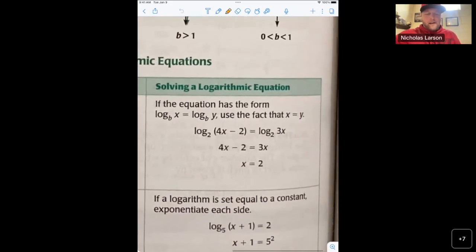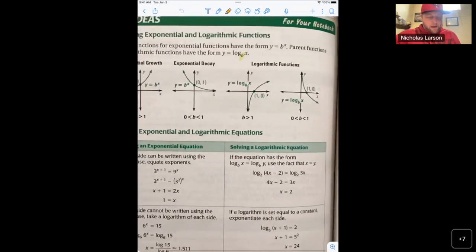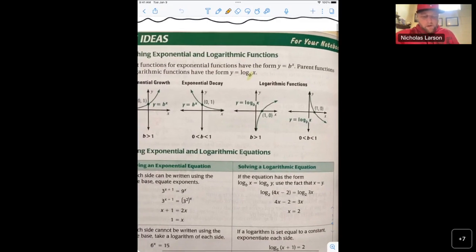Kind of a similar idea for logarithms, so maybe we can look at them both at once. But you notice, hey, I'm going to take my properties of logarithms and say, all right, I have a log base 2 and a log base 2 on both sides of my equation. They're going to cancel each other out. I can drop them out. And then I just solve this like a normal algebra problem.